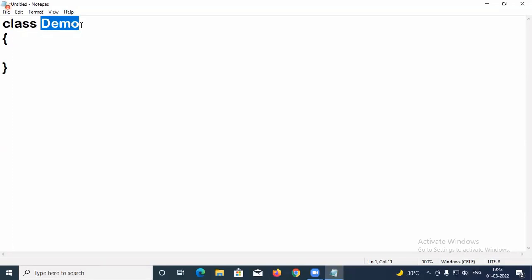Yes. Second rule, it must begin with an alphabet, underscore, or dollar. According to the second rule also it is valid, no? What is the third rule? There is no limit in the length. N number of letters you can write. That is valid. Fourth rule,